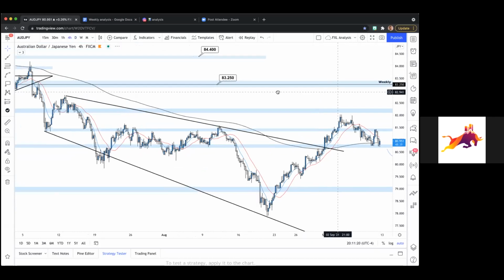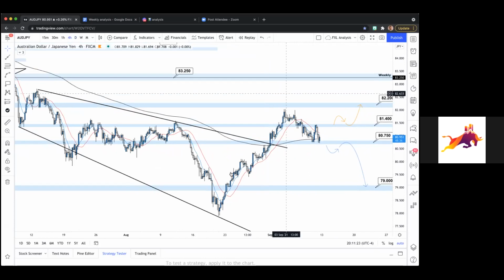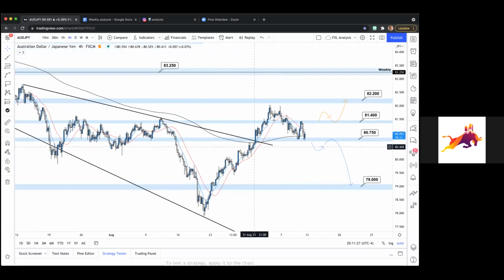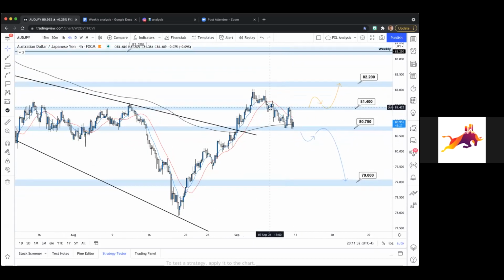Okay, so as we can see, nice 4-hour bullish trend, came all the way back up to 81.4. It actually did attempt a higher low, but it didn't follow through. Okay, so this is nice rejection. It's definitely what you want to see, right? It pulls back through the MAs, throws some wicks, throws a little bit of consolidation, but then you want to see that bullish momentum follow through, and that's how you confirm this is a higher low, right?